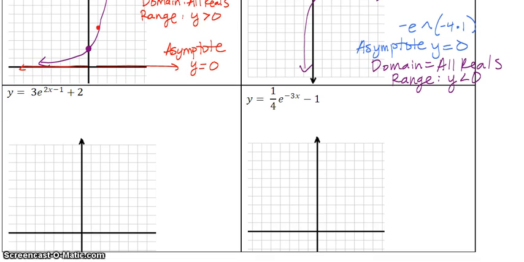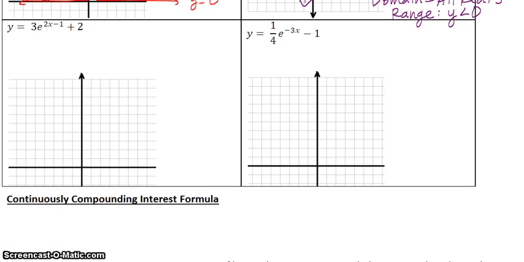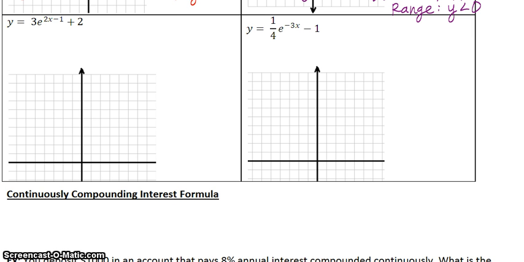Let's move on to some where we have to do up, down, right, left shifts. I'm going to teach this like what I did in 8.1 and 8.2, which means I'm going to graph it first without the shift, and then I'm going to shift it. And only your final answer is required, so if you do not want to graph the original one, you do not have to. When I say that I want to graph the original without the shift, in this situation I mean just this part of it. So what I would do is first graph